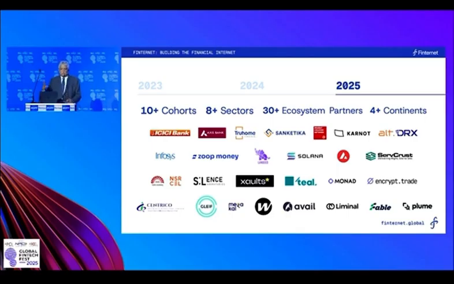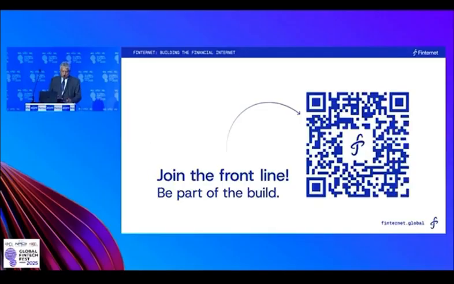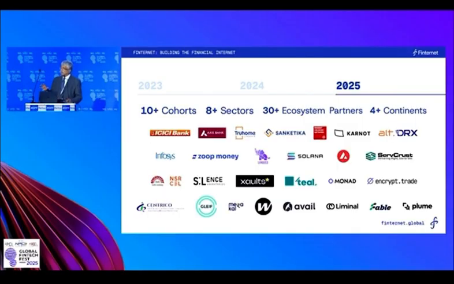We have 10 cohorts in 8 sectors. We have 30 ecosystem partners operating in 4 continents. So this is an idea which is going global, whether it's in India, Singapore, New York, San Francisco, or in Switzerland. So you can see the gradual expansion of what's happening. And we think in 2026, we will be live. If the GFF guys invite us back, I don't know whether they'll invite us back. If they invite us back, we will have live examples of FinterNet in multiple sectors, in multiple countries, actually delivering value. And the business